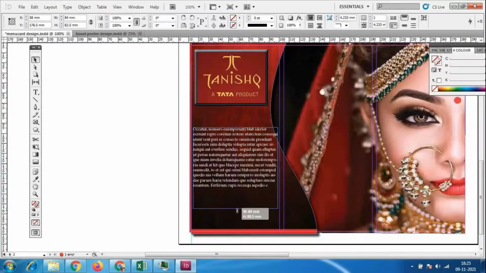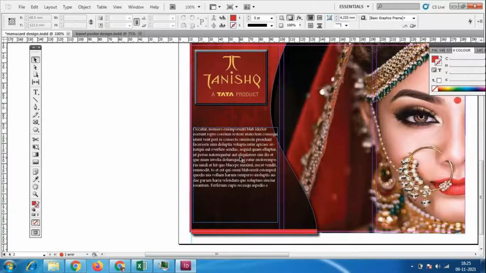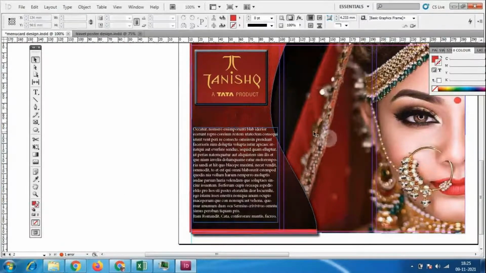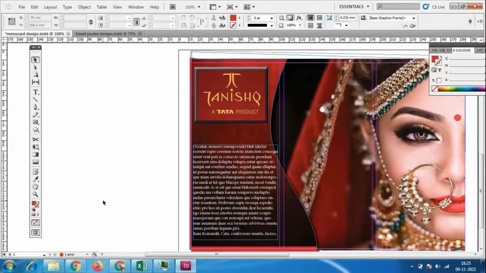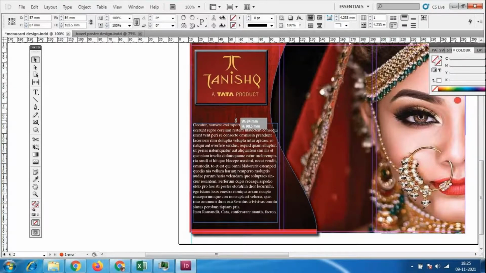According to this shape the text should come fitting. Even for the text you can use fitting. You can type and fill with placeholder text. According to how much of the frame I have, that much text will come.